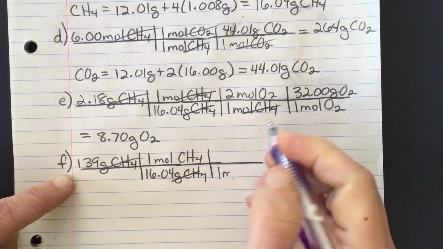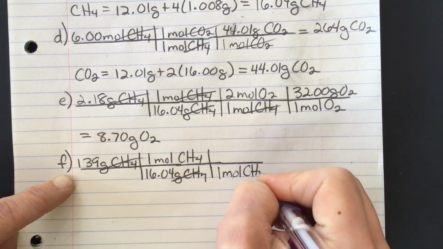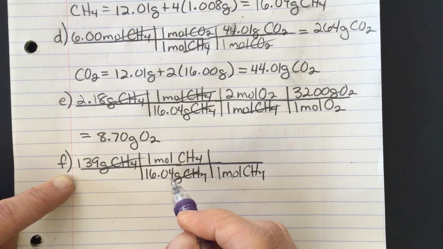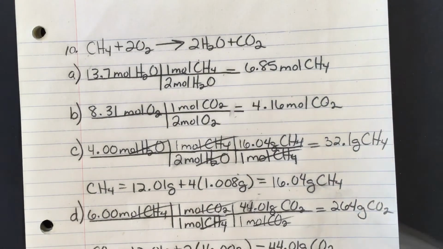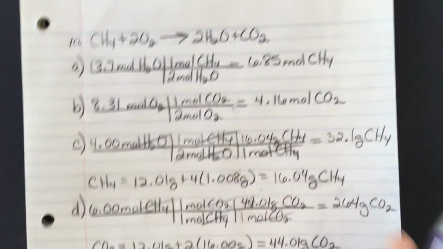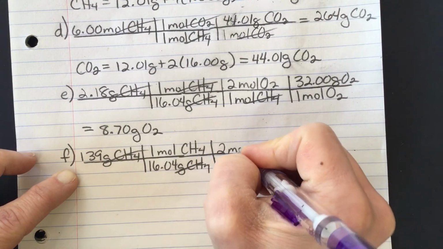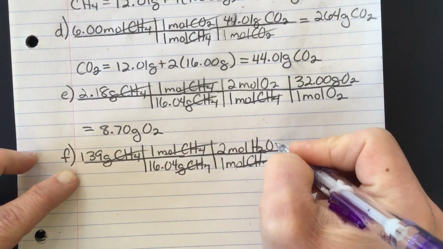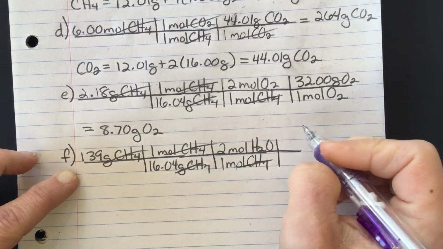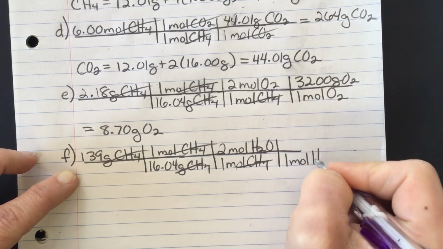So 1 mole of methane. Now I am headed to water. And so water has a 2, so 1 to 2. So 2 moles of water. And I want the mass of water. So I know that 1 mole of water